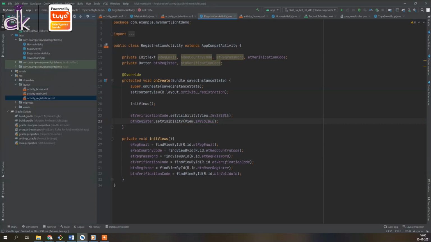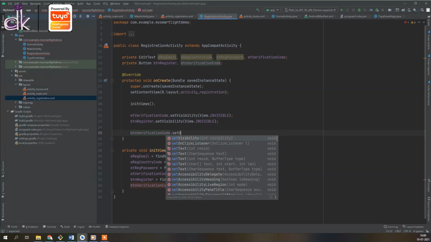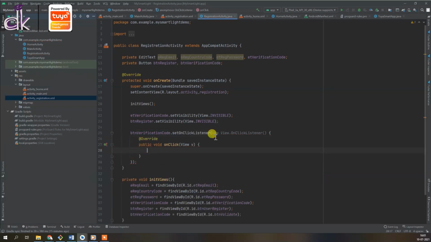Okay, and the next thing you want to do is set the on-click listeners for all the buttons. So for the verification code, just set the on-click listener to new on-click listener, and then inside the on-click you want to add a couple of lines of code, which is first we'll get the registered email from the user.